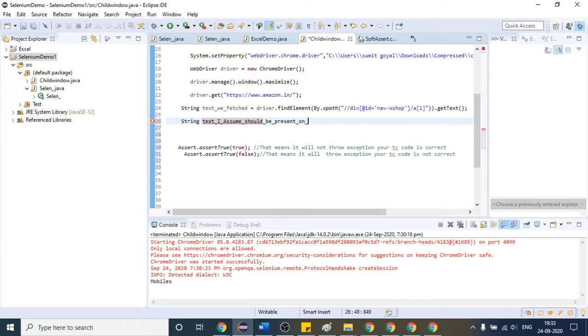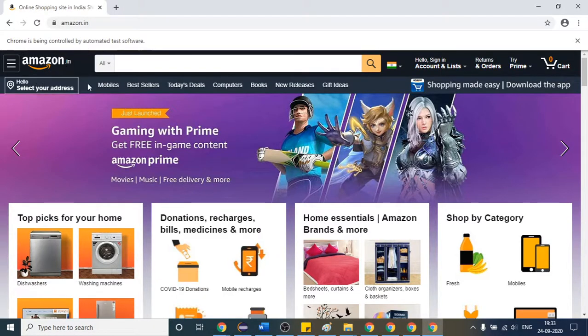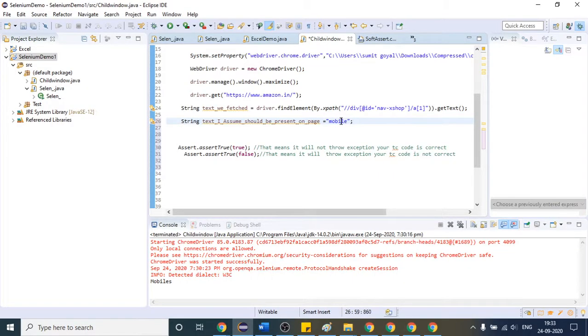So this is the text which I am assuming should be present. I am assuming that in my website the text should be present like that. But after some code changes, your text will become like this, capital M. But I'm expecting here that my text will be something like this. After the code change it will become like this.